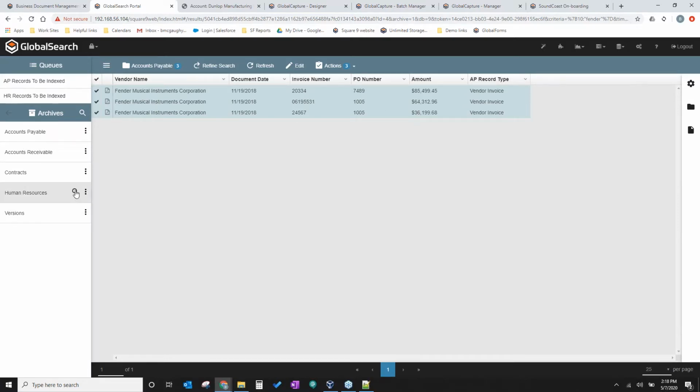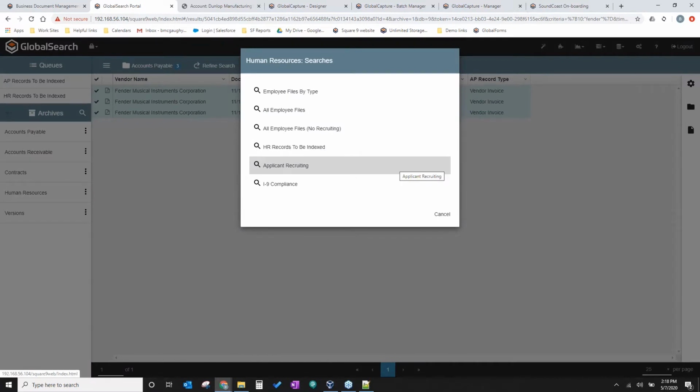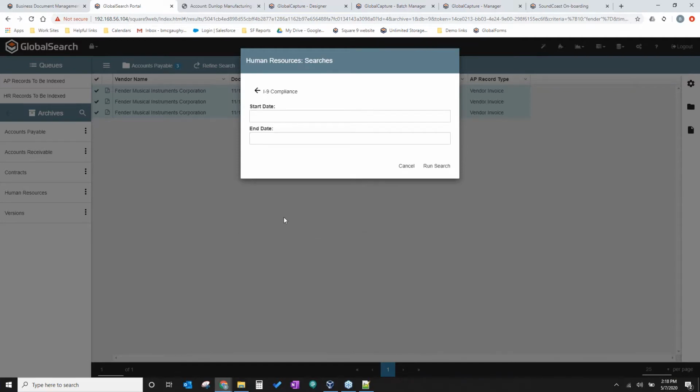So imagine you're in HR. Human resources has its challenges as far as onboarding employees, managing all the documents, and keeping those documents secure and compliant within your organization. In this case, we've got an auditor that's come in. They said, "Hey, I need to see all the I-9s from 7/15 to 2015."